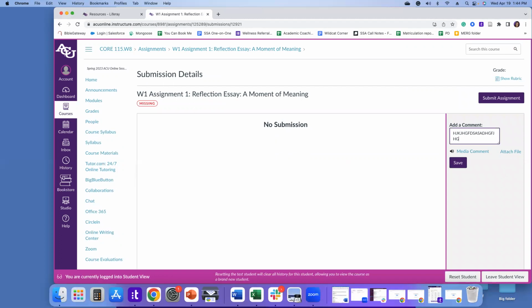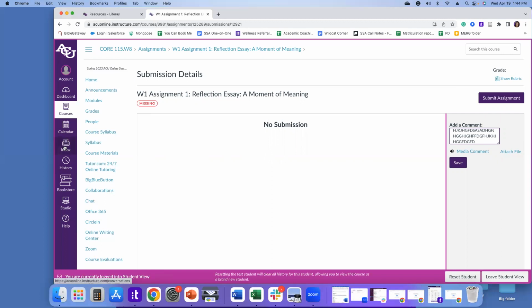Now, it's important to know that your professor may give you lots of important information in here, but if you reply back and they don't have their notifications turned on for this, they may not see your reply. So I recommend that you reply back here inside inbox. Okay, you can reply here if you'd like, but please always follow up with an inbox message to make sure